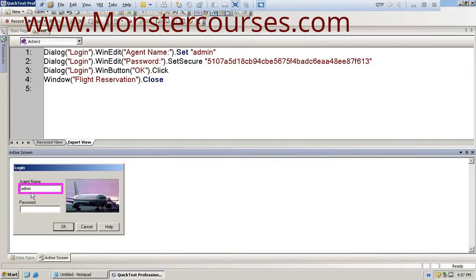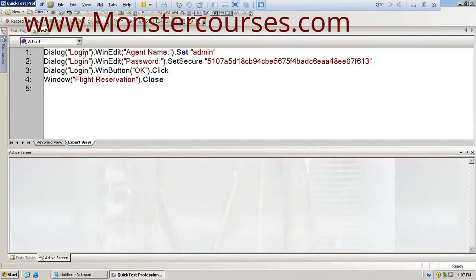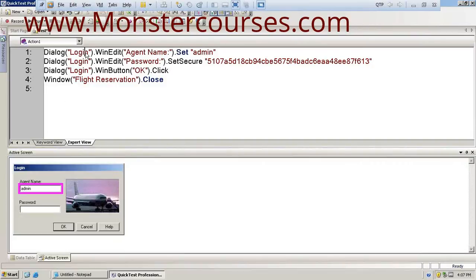In the sense, first the tool should learn the object and the operation performed on this object. So the moment you start recording and start doing the actions on the application, first the tool will learn the actions performed on those objects and it maintains this information in the repository called the object repository.